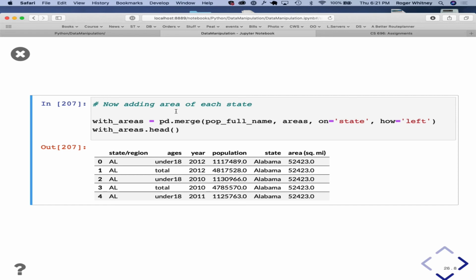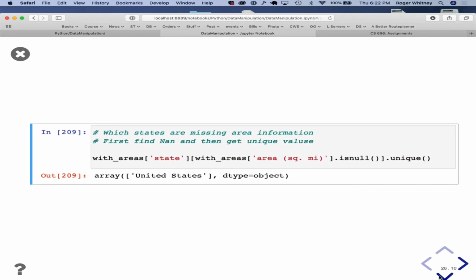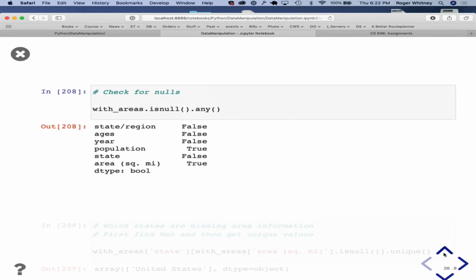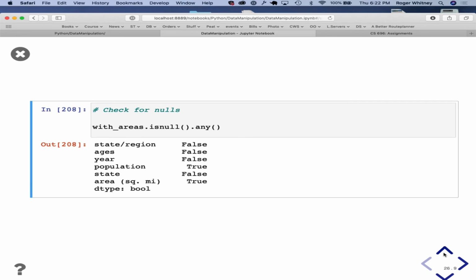We're adding the areas. Now I've got the population, we've got the areas. Again, checking for null values.